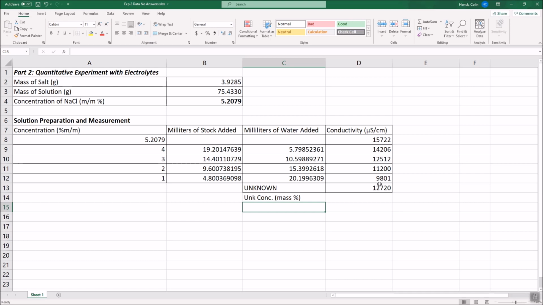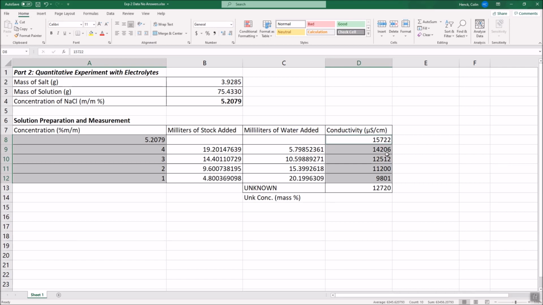A calibration curve will allow us to find this more accurately by finding the equation of the line. In order to do that, we need to make an XY scatter plot. To do that, we want to select our data: the concentration is going to be our X, and the conductivity our Y. In order to make this selection, I'm holding the control key